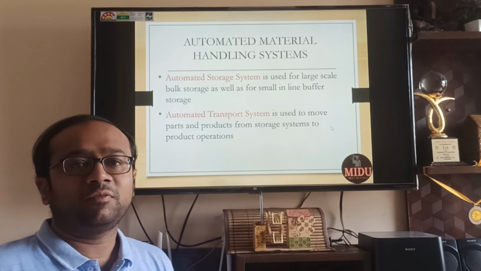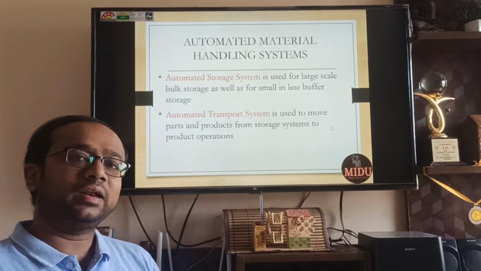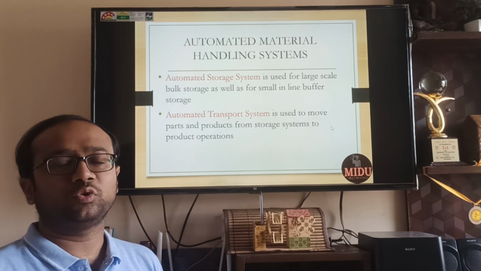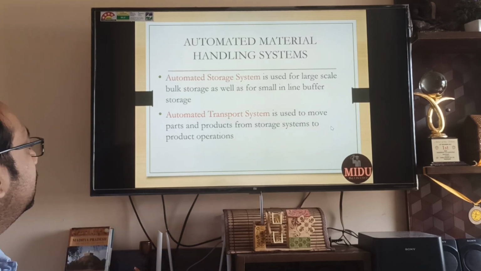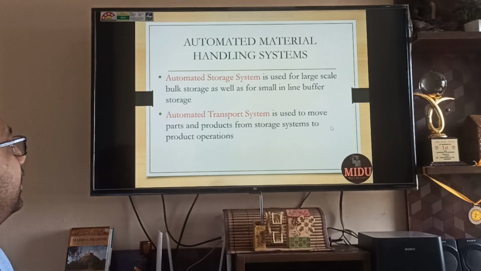A very common example which we observe is the red light, correct? In a red light what happens? To maintain the transport flow, the red light automatically turns into green and yellow and so on. Similarly, in your big production modules also, an automated transport system can be implemented.